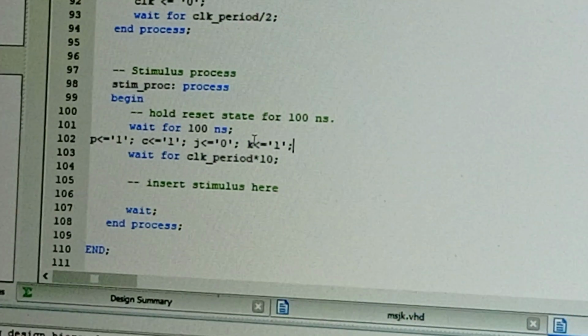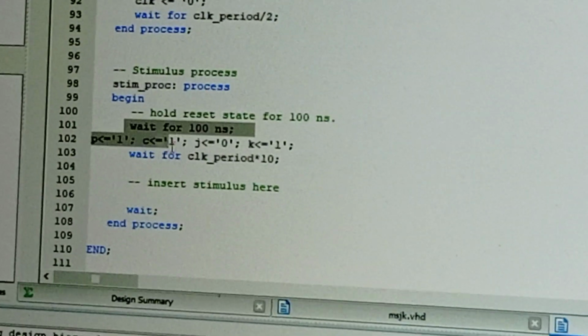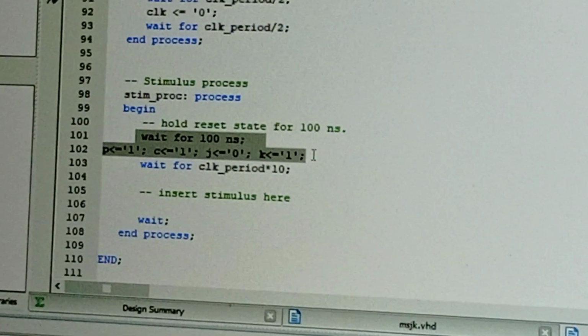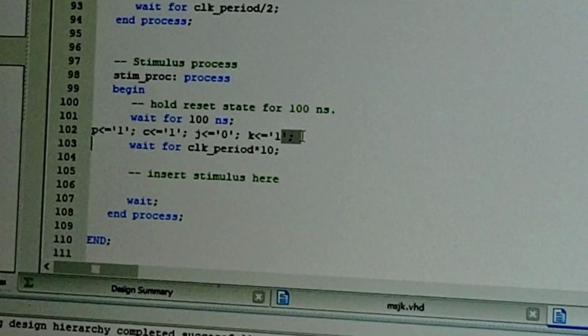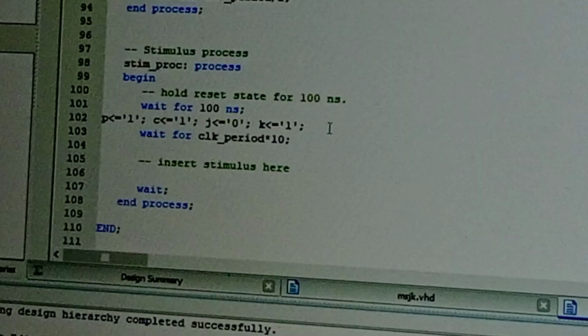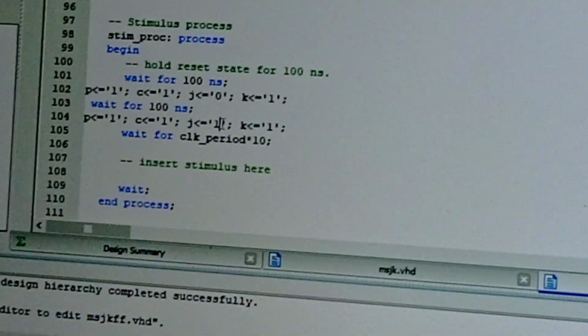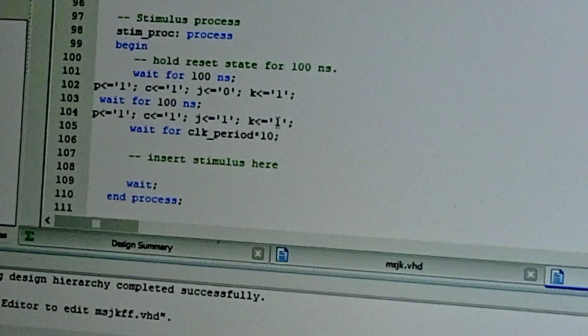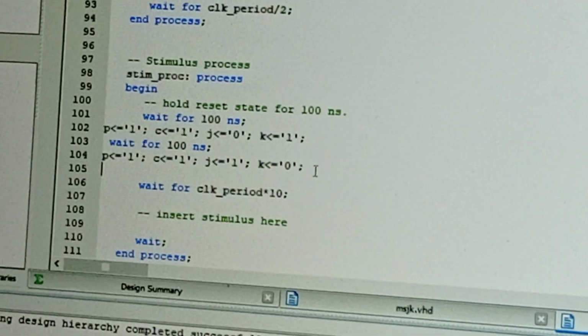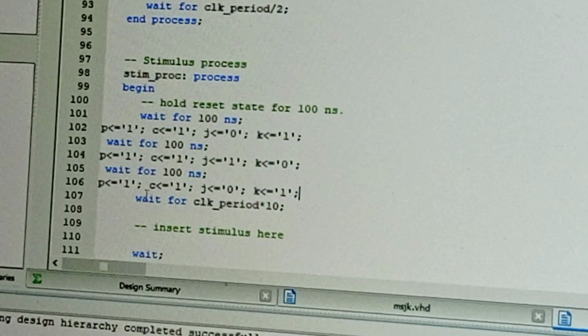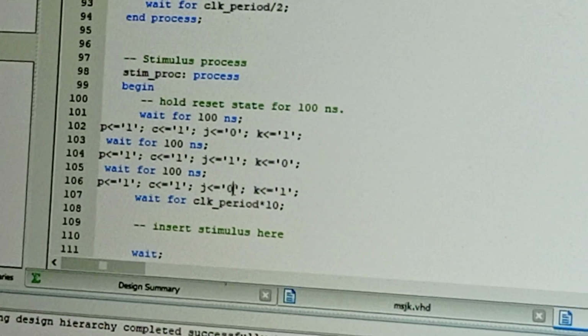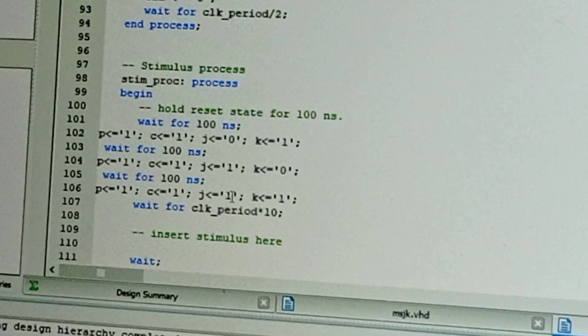Next, same as next, all the combinational values. That is preset clear 1 1, J is 1, K becomes 0. Next values, that is preset clear 1 1 and J value is 1 and K value is 1.